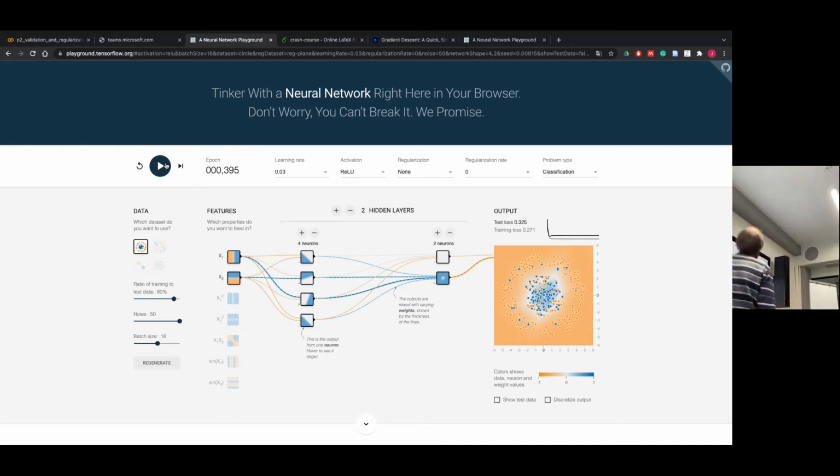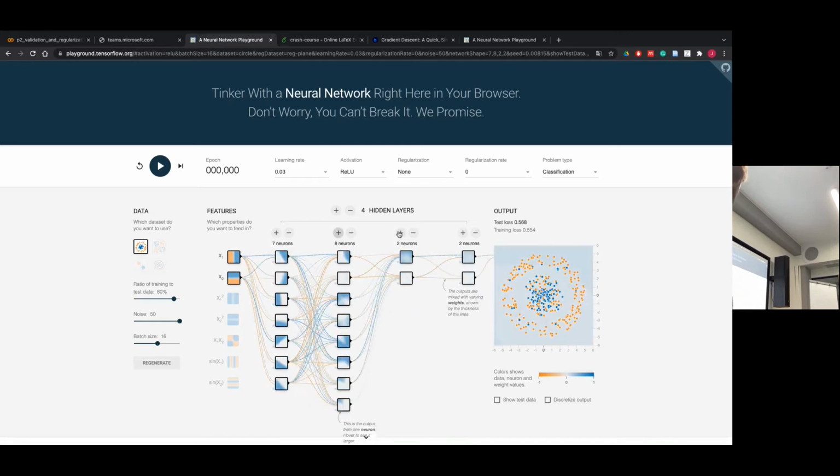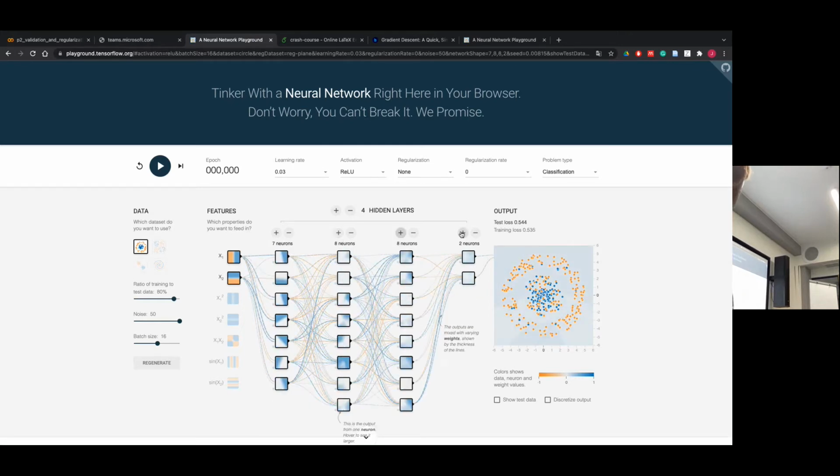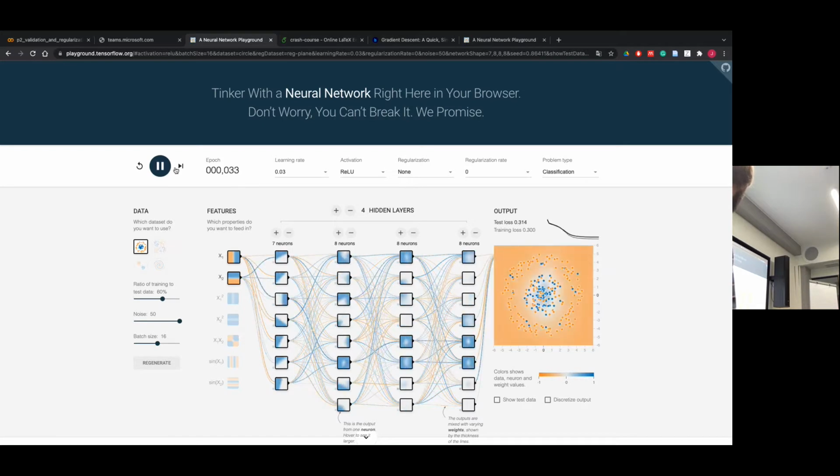It's not truly overfitting here, because you still have the blue part here and the orange part here. Let's try to do overfitting, but to do that, we need very complex models. So let's do something very complex with a lot of neurons. Of course it's much too complicated for what we want to achieve, but maybe we can have overfitting if we do that. Not so much. Let's wait a bit.